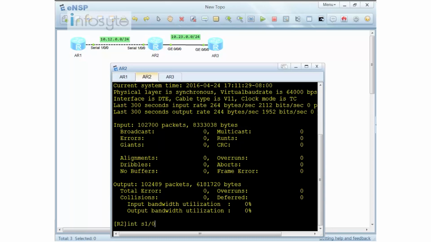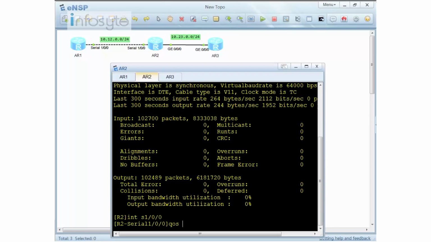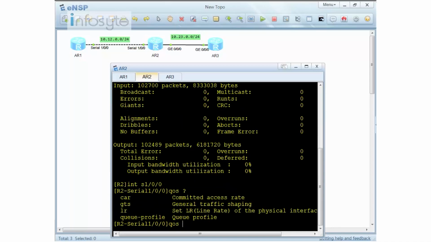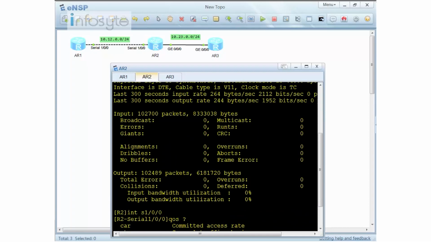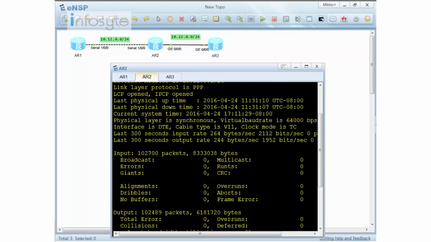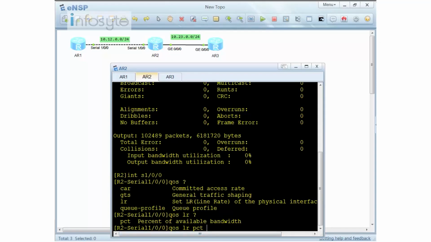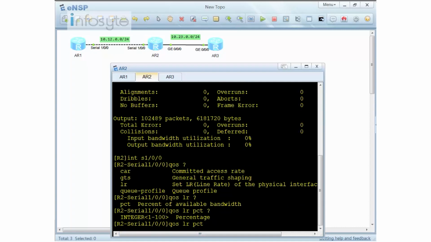First I'm going to go into my serial interface. I do a QoS LR. Let me show you. That is my line rate. As I said, there are two commands that you can use, either CAR or line rate. So I'm going to use line rate, and in the line rate, they ask for the percentage. As mentioned, the interface here has a 64K bandwidth, bits per second. So the percentage allows me to use anything from 1%